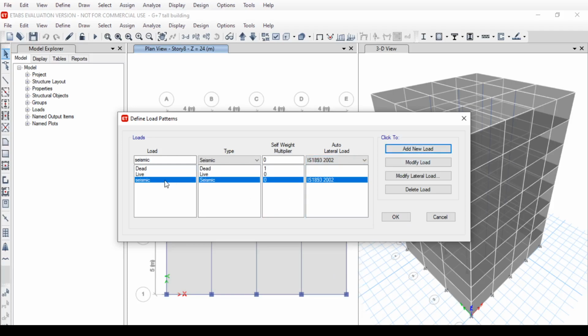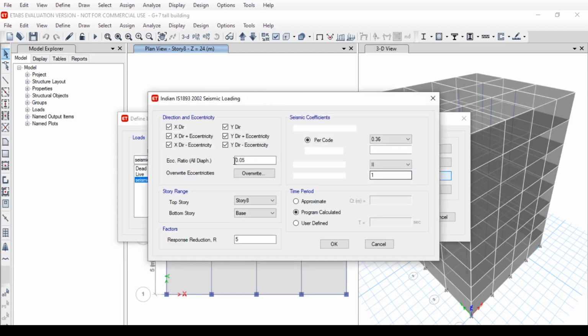Now after clicking, go to Modify Lateral Load. Here put direction and eccentricity only. We do not use eccentricity, so all eccentricity has been turned off and the story range is the default property. Now go to the seismic zone factor. For this purpose, go to the IS code